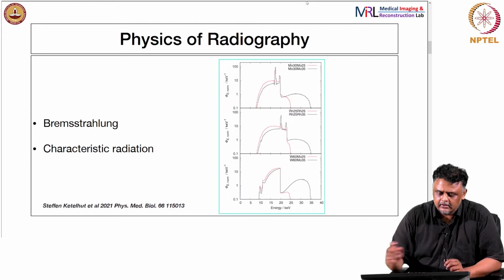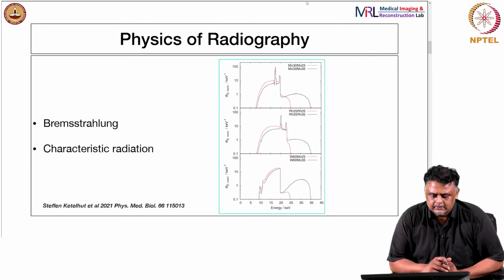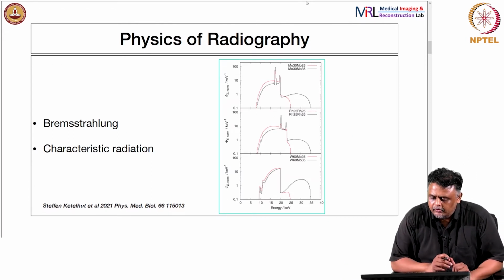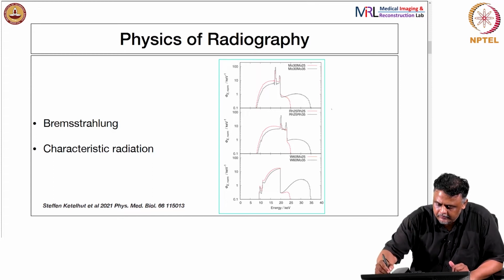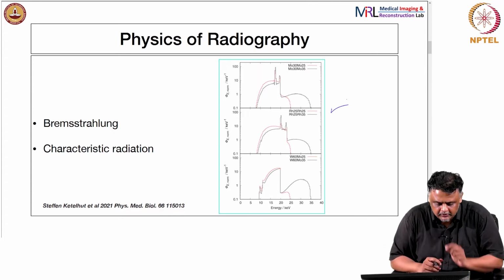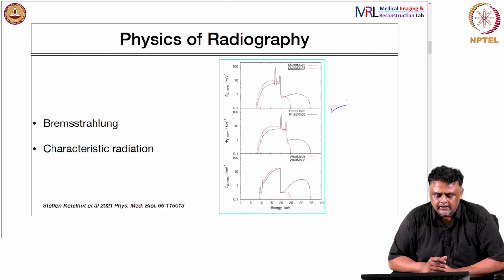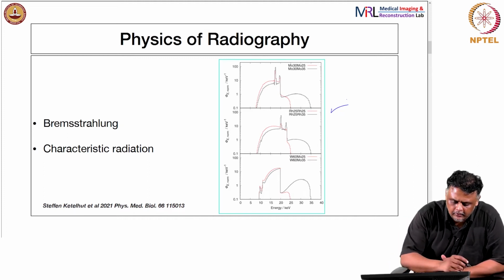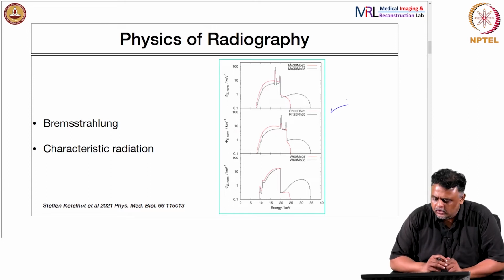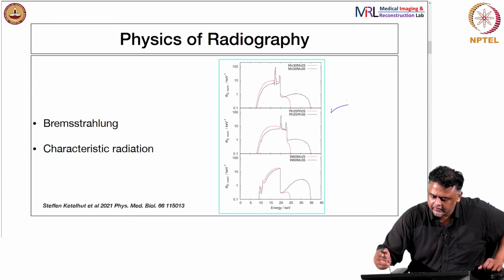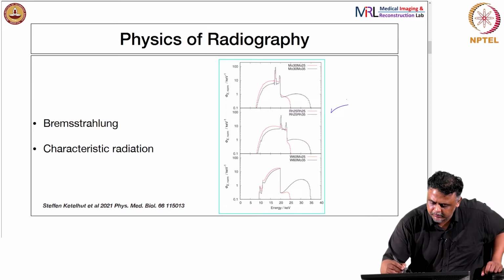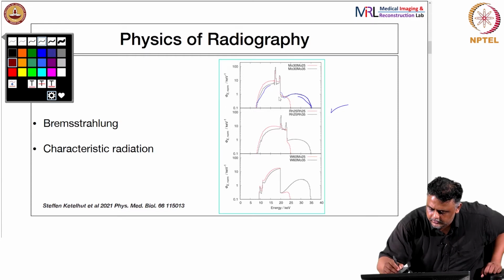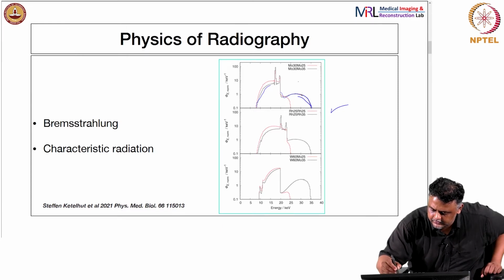Okay. So, like I mentioned, there are primarily two different mechanisms, right. We will explain this graph later. I will come back to this one, but we just look at the Bremsstrahlung and the characteristic radiation. There are two different radiations that are typically emitted. Just to point out here, since we are on this slide, the Bremsstrahlung radiation would be basically these continuous things, right. These flat regions, and here similarly everywhere. These are the regions which correspond to the Bremsstrahlung. They are the continuous